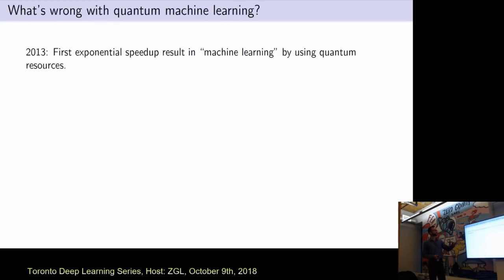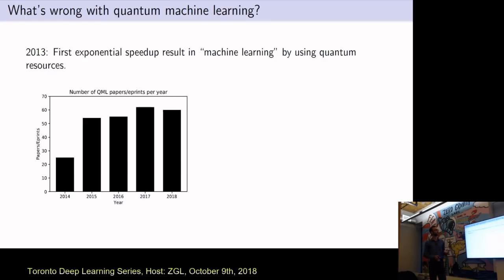Okay, so what's wrong with quantum machine learning really? So this is what I mentioned, 2013, there were these 3 papers. And since then, this has been the growth of papers per year. So in 2014, there were maybe 25 papers, and they grew to about 60 papers a year, which by machine learning standards is next to nothing, but by quantum physics standards, this is huge. But